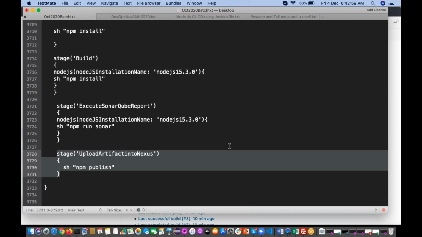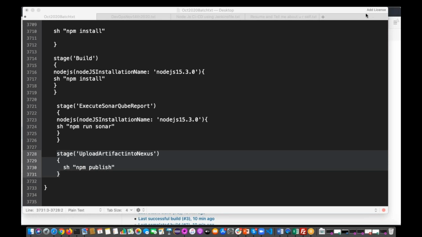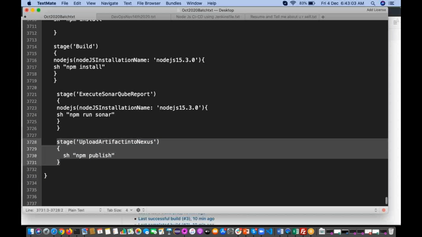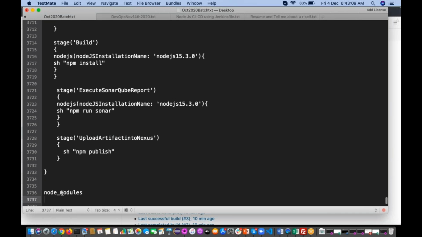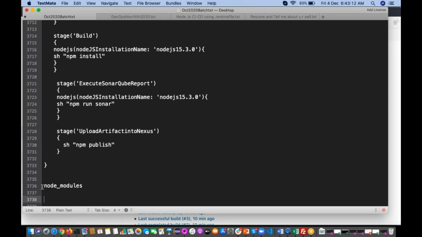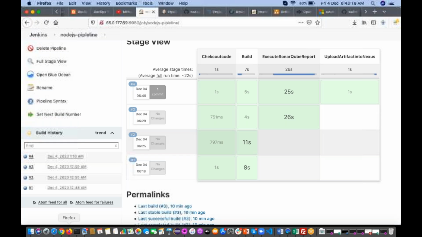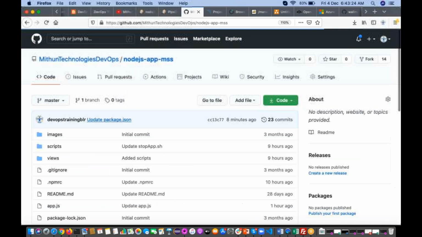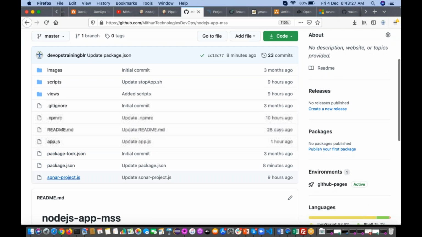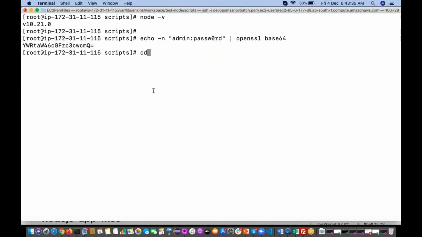So the local repository is nothing but one directory here. Okay, node_modules. So this is a directory. It can store your project modules, like dependencies. Okay, if you go and see, this is my project source code, right? This is a repository, and if you observe, do we have any directory called node_modules? No. But if you go and see, go to my